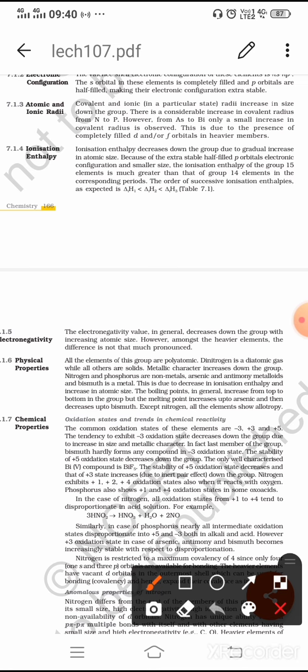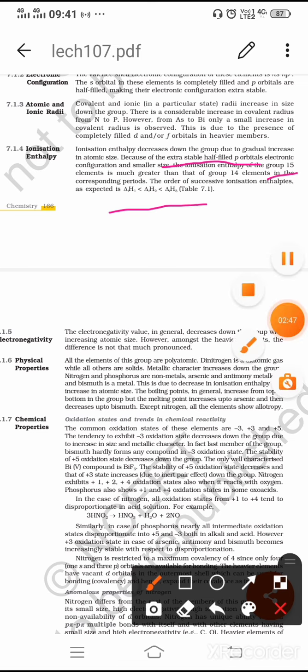Reason: first of all, the nuclear charge of group 15 is more than that of group 14, but the half-filled state also gives extra stability, which gives a greater ionization enthalpy to group 15 than 14. The extra stability of group 15 also provides slightly higher ionization enthalpy in comparison to group 16. And the successive ionization enthalpies 1, 2 and 3 increase in the same order as seen in various elements. The third electron removal needs a greater ionization enthalpy.